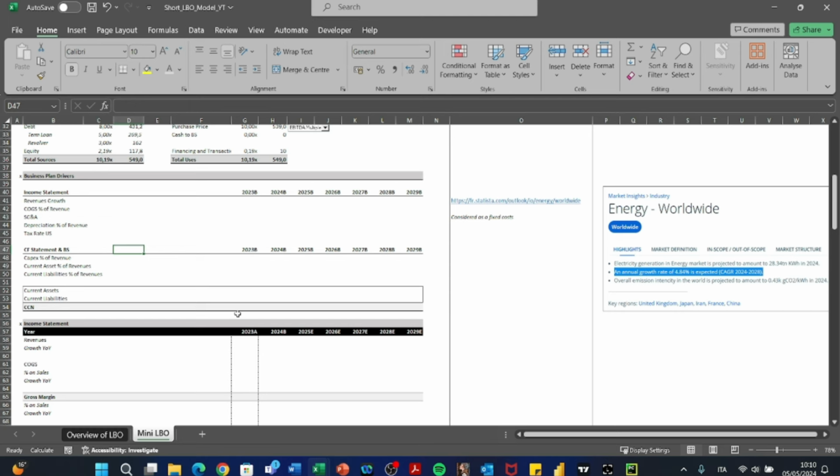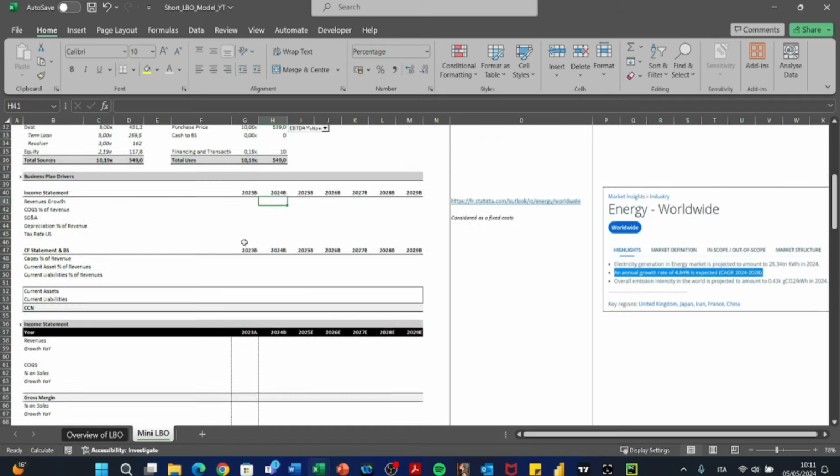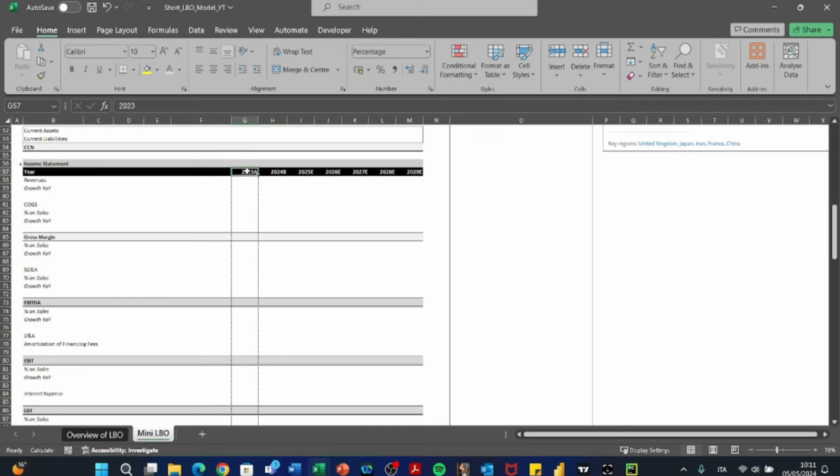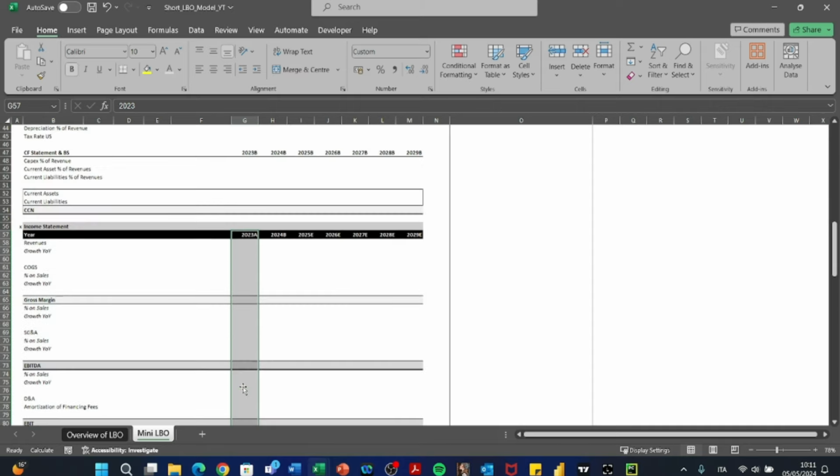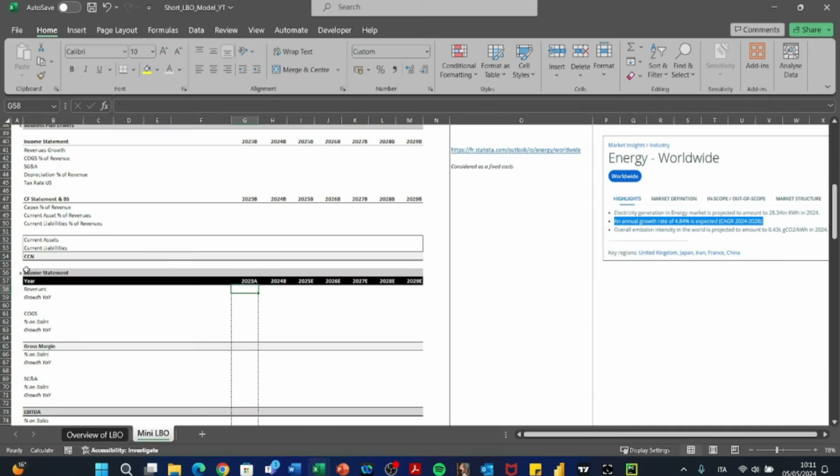Let's go defining our inputs, derived from our income statement and cash flow statement. Okay, so I start probably with inserting our actual data, which means that our target company has actual data, the revenues equal to